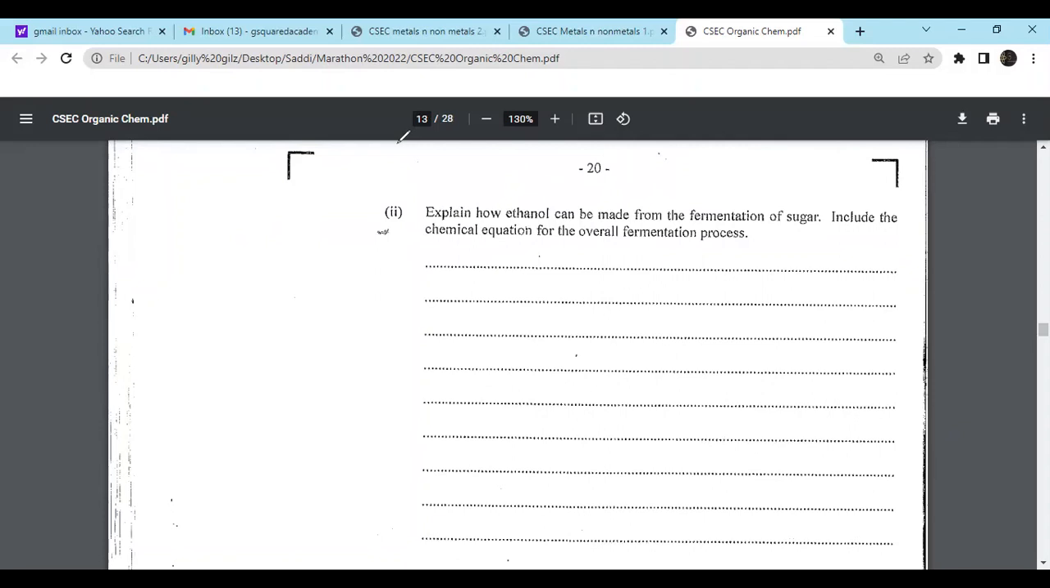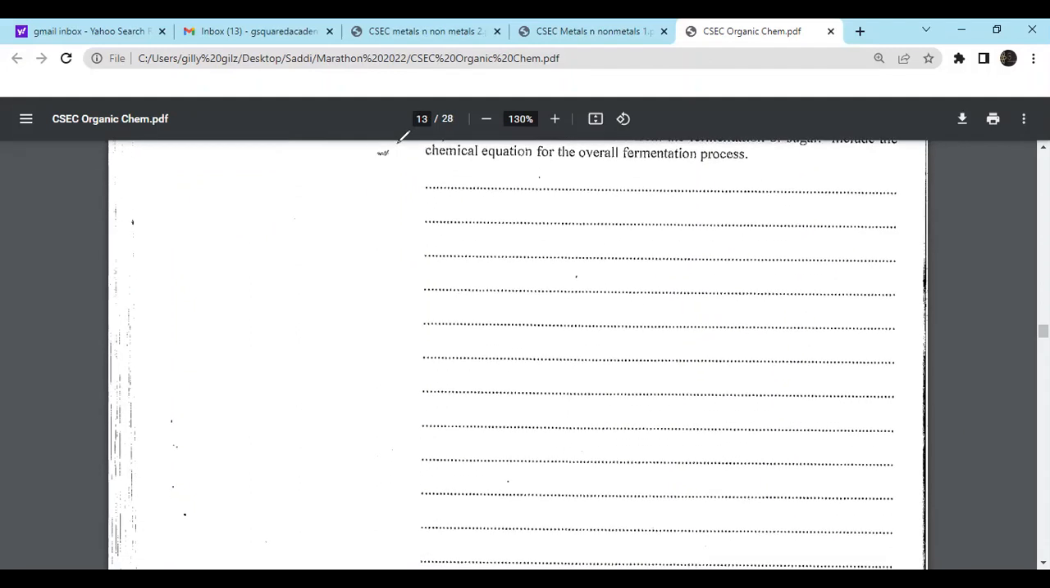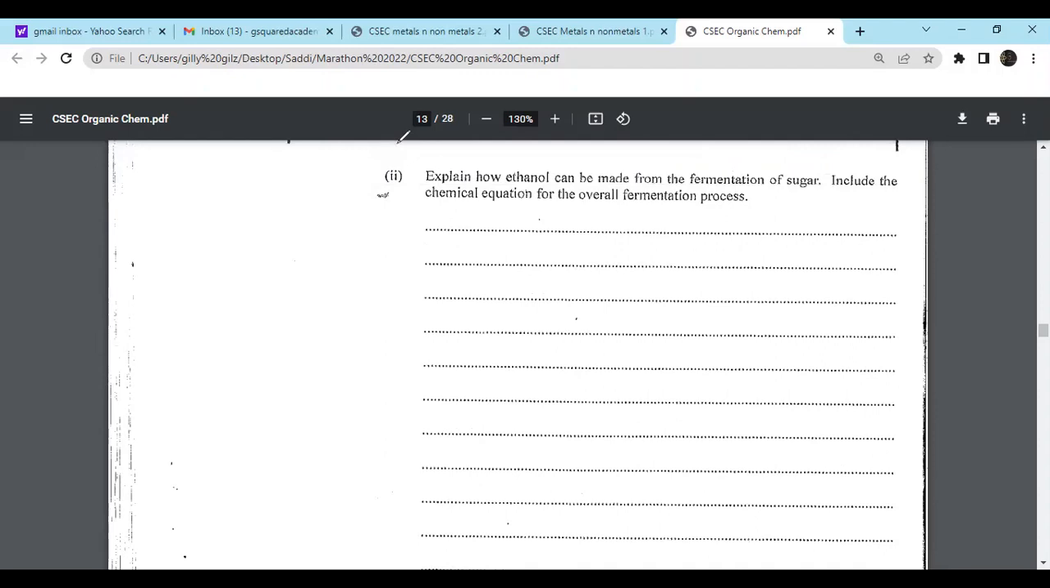Explain how ethanol can be made from the fermentation of sugar. I'm not sure if you're getting this, but I'll still go through it. Include the chemical equation for the overall fermentation process. Fermentation basically occurs where you use an enzyme in yeast called zymase. And what you do is you